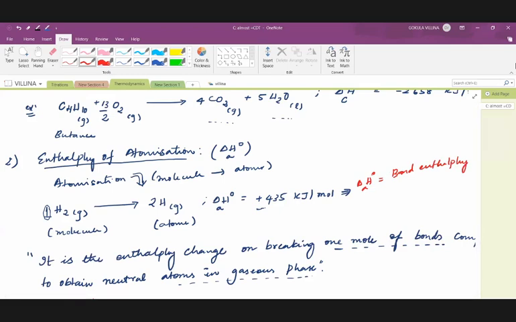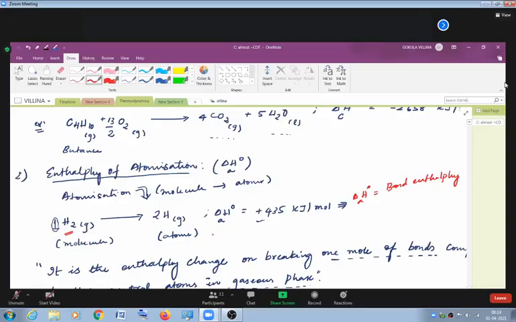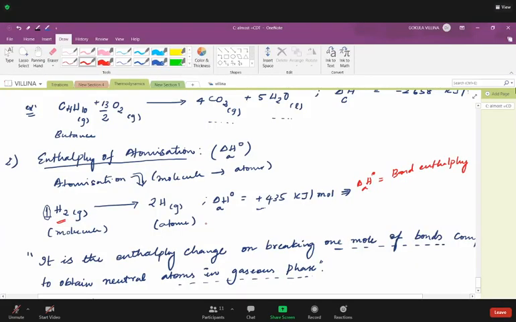What is the difference in enthalpy of atomization and bond enthalpy? Bond enthalpy means breakage of bond, whereas enthalpy of atomization means whatever might be the molecule. Here, since it is a diatomic molecule and we are breaking only one bond, it is directly treated as bond enthalpy. Whereas if we have more than one bond, like in a polyatomic molecule, where more than 2 atoms are bonded, then the net enthalpy change will not be equal to bond enthalpy change. I will let you know in the next example that I am going to explain. There is a difference. I will explain.